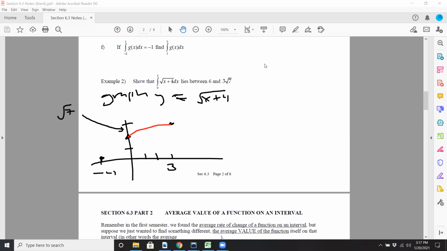Well, if I do this, and I do this, so I see that if I shade this part in blue,